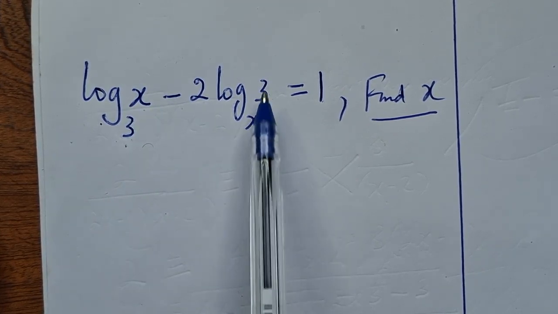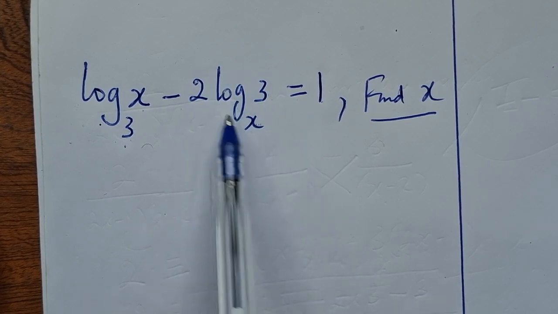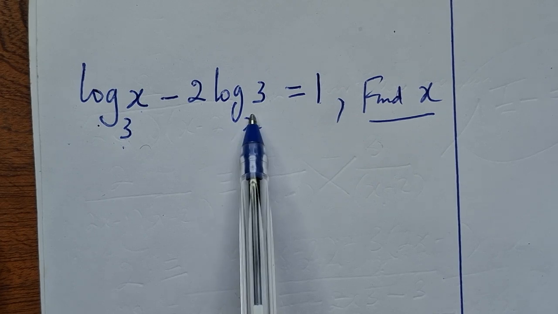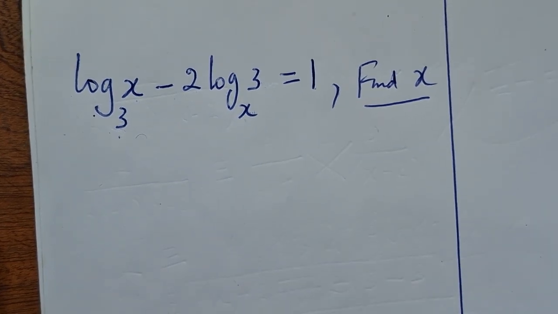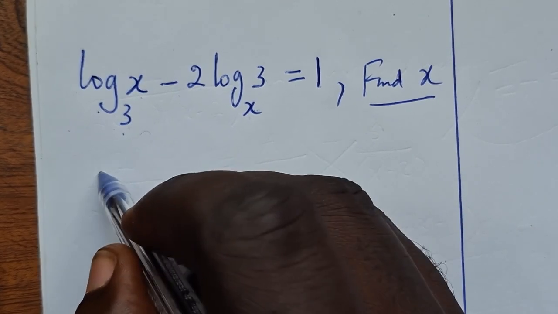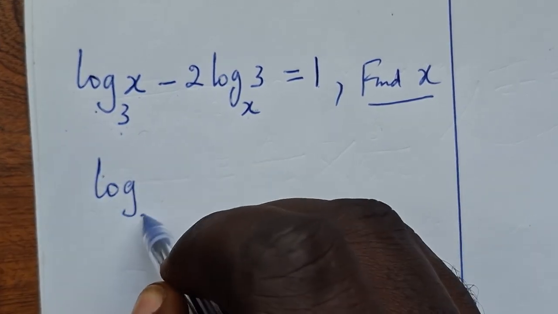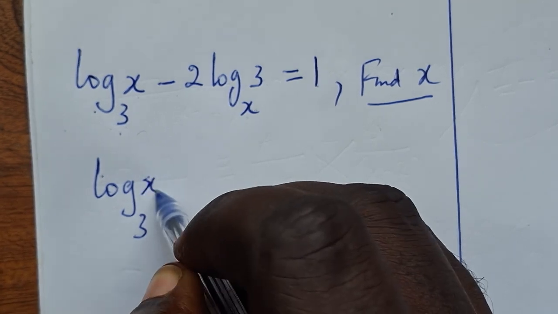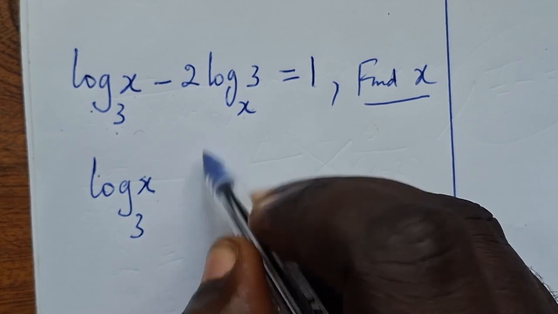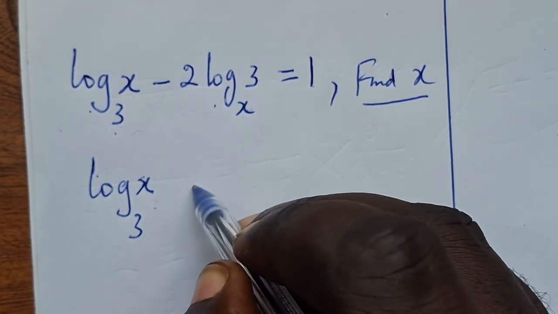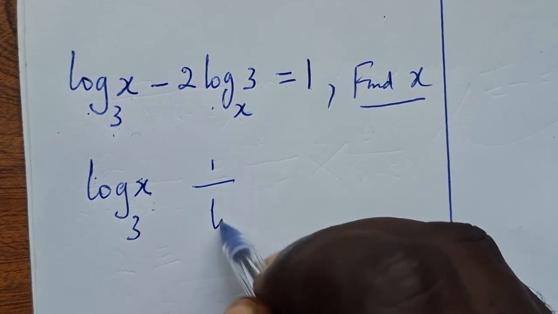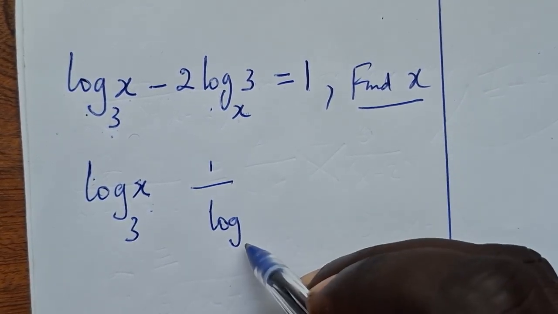To do so, we must convert this using the rules for changing the base: we express it as 1 over log